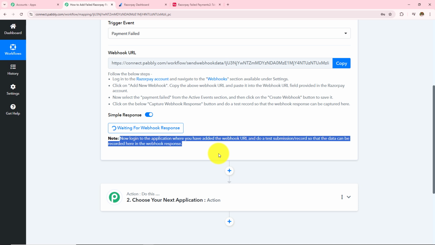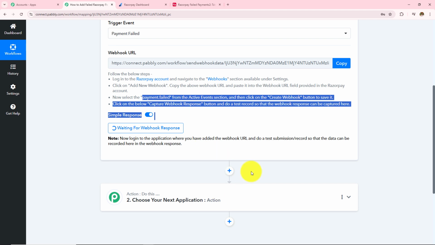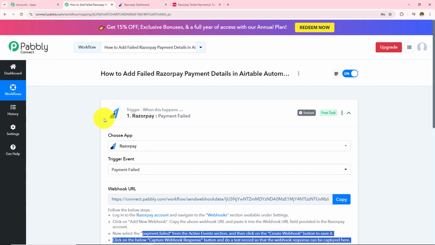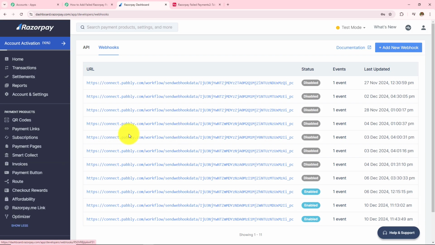Now this means, so as to get the webhook response over here, I need to do a test submission, for which I need to do a failed payment in my Razorpay. If Pabbly Connect captures that response, this means the connection that we have created with the help of this webhook URL between Pabbly Connect and Razorpay is successful. So for doing this failed payment, I am going to open my Razorpay account,